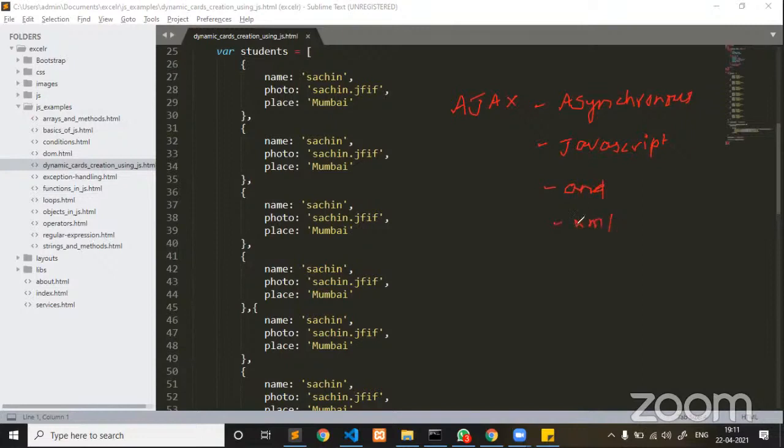Now in the place of XML, we are not using XML. In JavaScript we are going to replace it with JSON. Now you guys should understand what JSON is all about. Yesterday I already created this, see here, this is the format of a JSON object. This is a sample format of JSON.